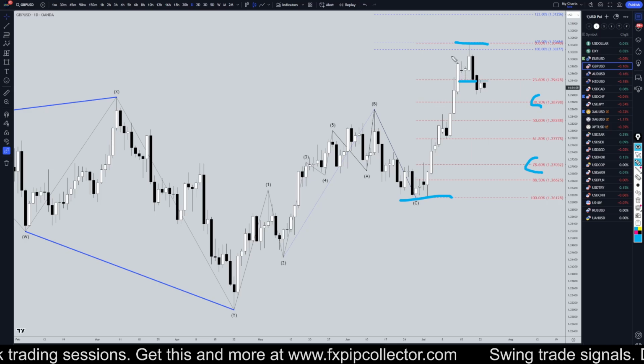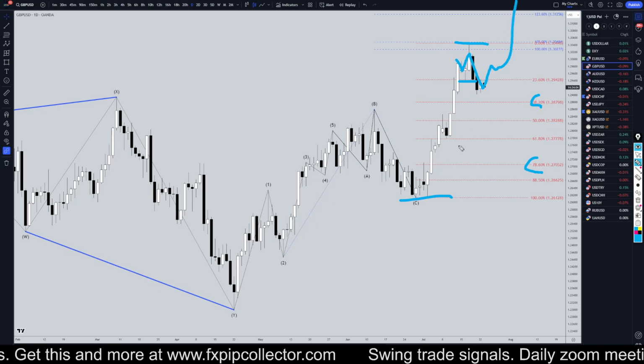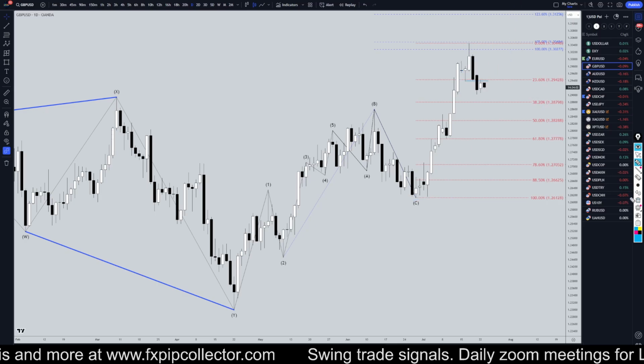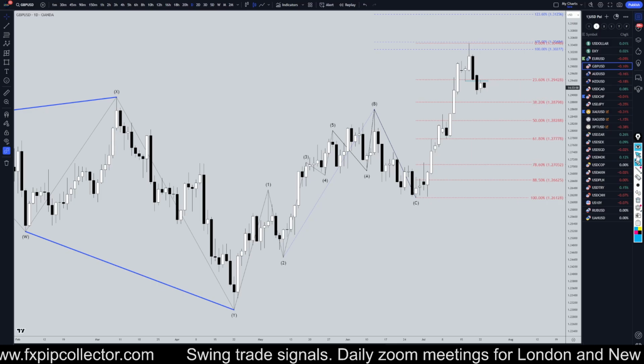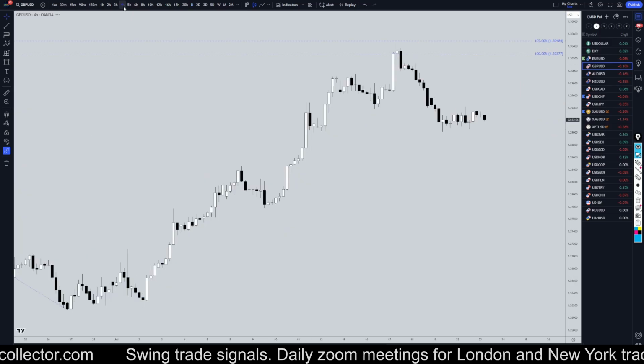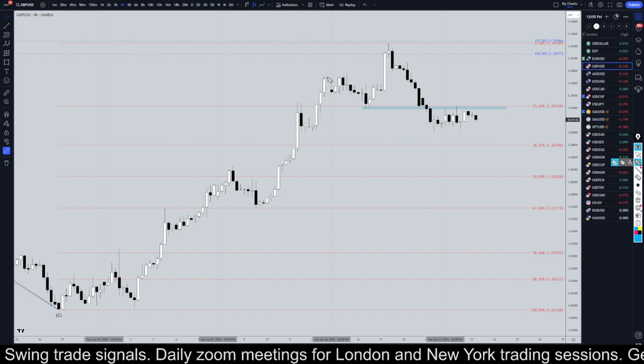Now, we got to keep an eye on it because there is a possibility this is a flat correction, and if it is, it will just keep on trending up. But if not, then most likely it will make a pretty significant retracement down to one of these lower Fibonacci levels. Going down to the 4 hour time frame,